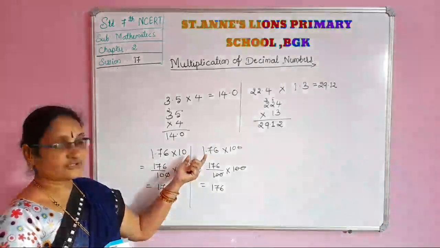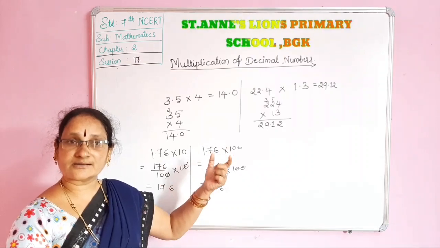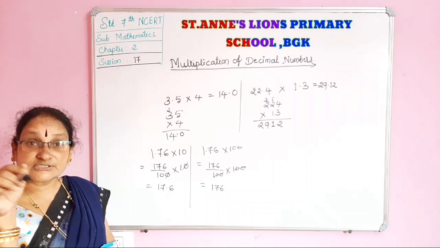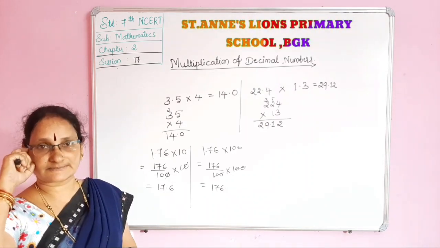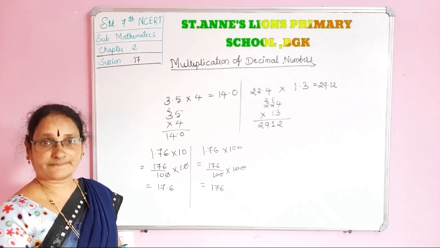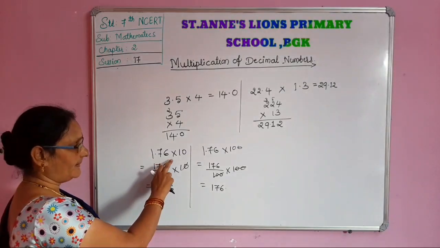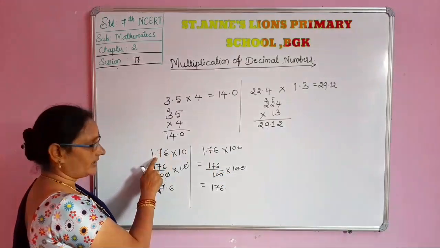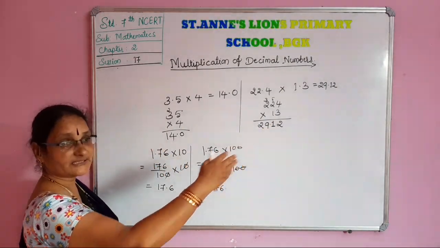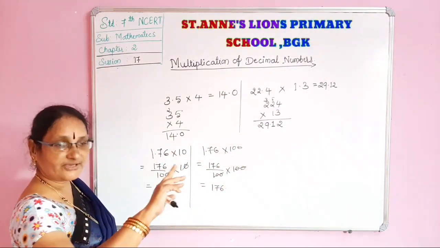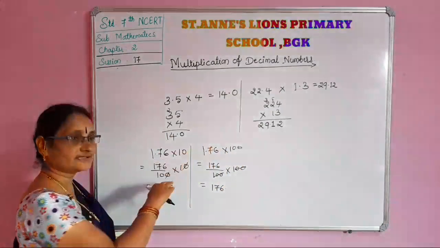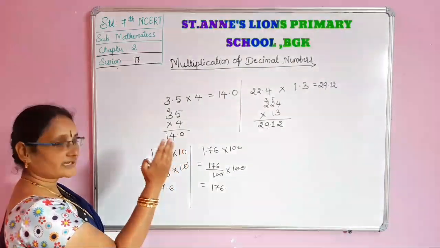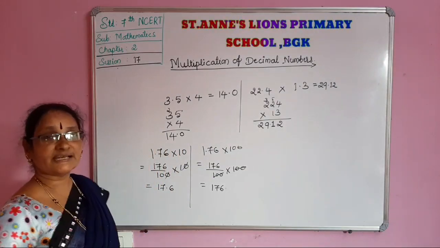As you go on multiplying with 10, 100, 1000, which have zeros, the value will be increasing. When you multiply with the numbers 10, 100 and 1000, the decimal point will be moving forward. That means the value will be increasing. The same way in reverse, when you divide with these numbers 10, 100 and 1000, the value will be decreasing. That time the point comes behind, towards the left side.